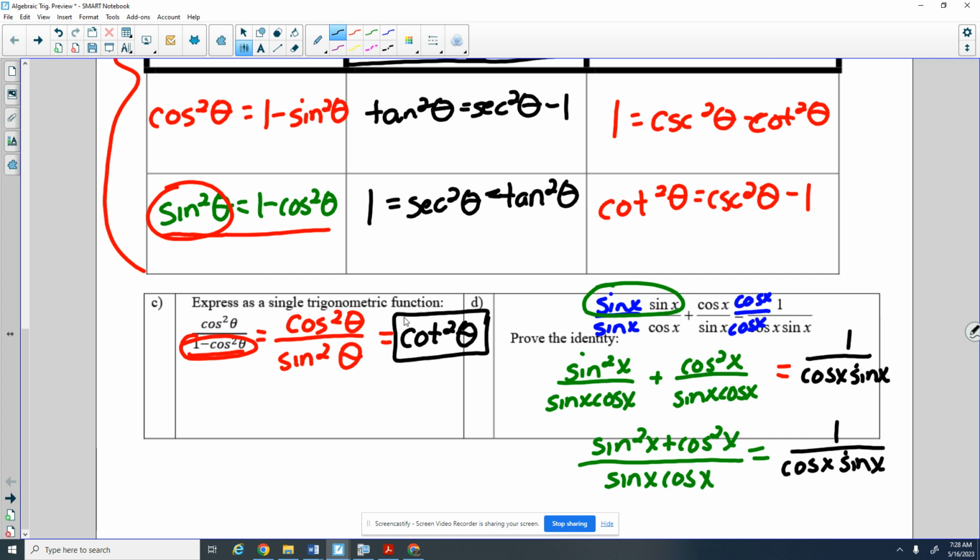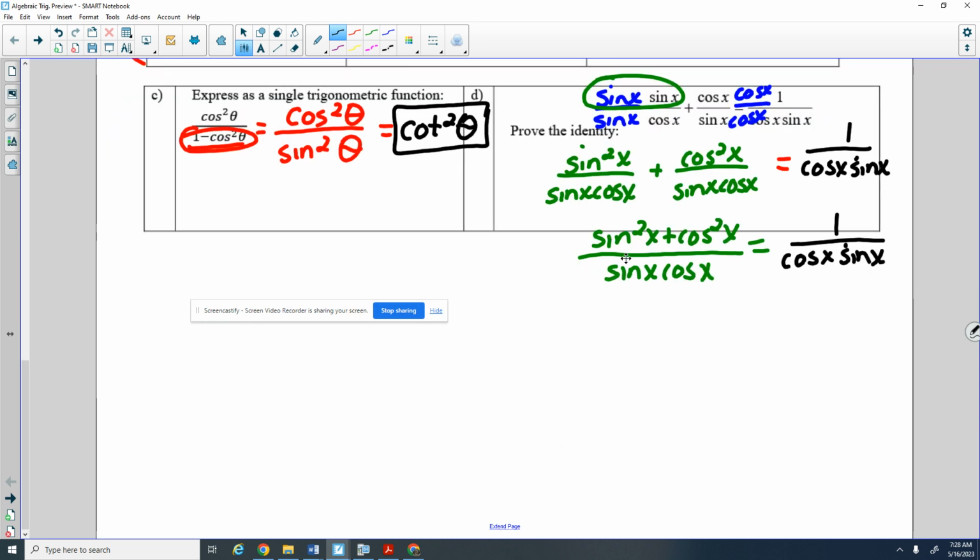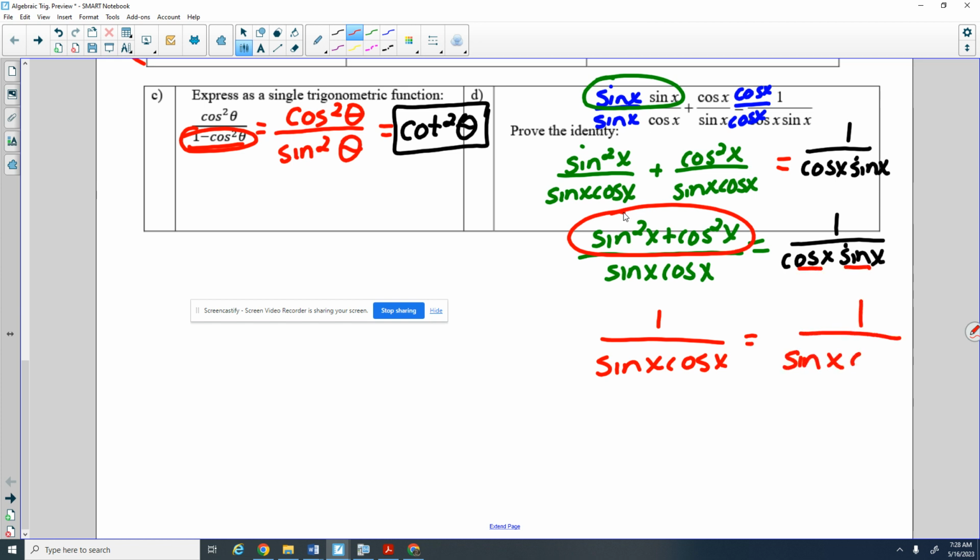Now, it looks, once again, tempting to cancel, right? We have sines and cosines here, but we have addition, which is that blocker, right? We can't cancel when there's addition. But I noticed that this whole thing equals 1 because that is the Pythagorean identity. So I have 1 over sine x cosine x equals 1 over, I'm going to switch these just so they match, sine x cosine x, that's just the commutative property, and then it's